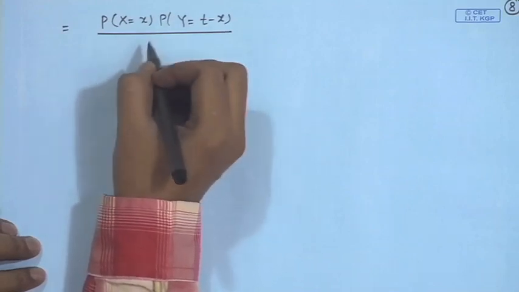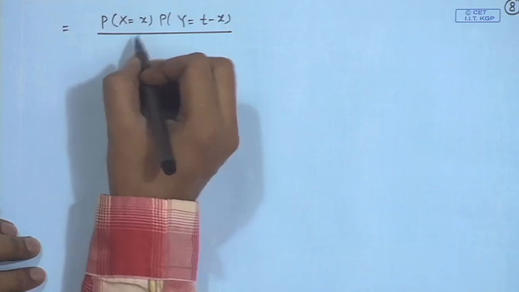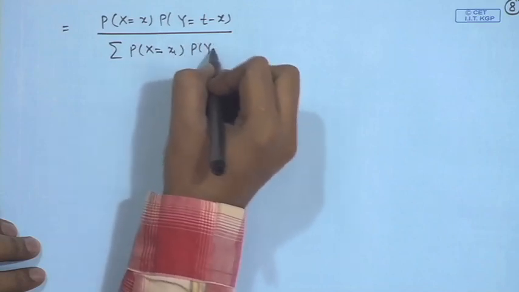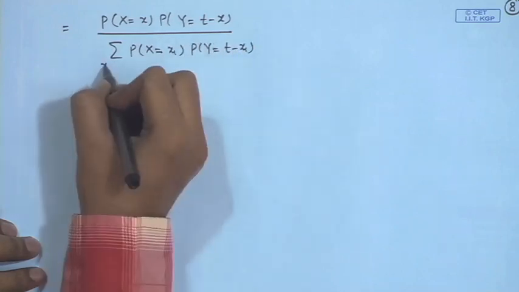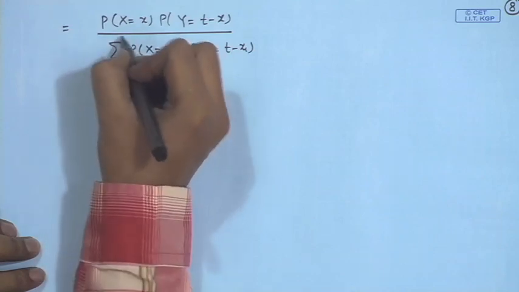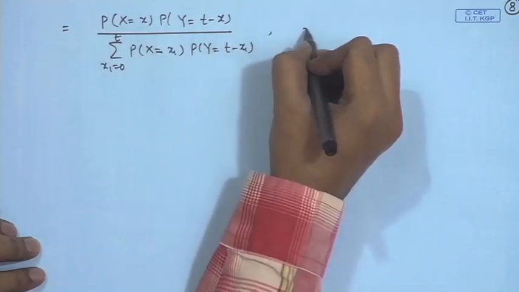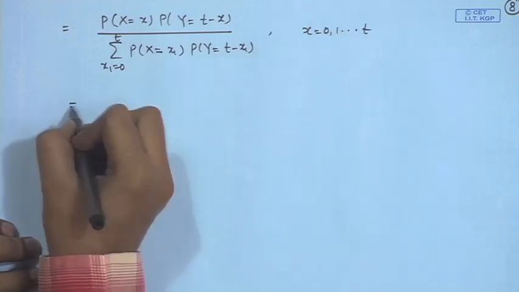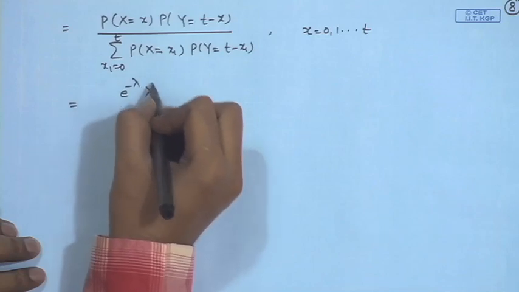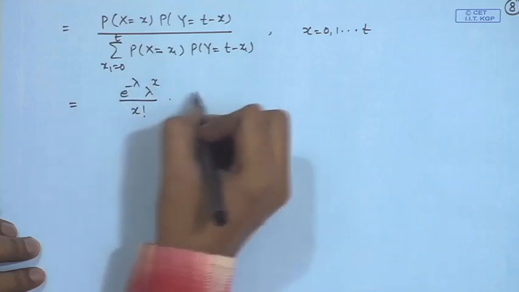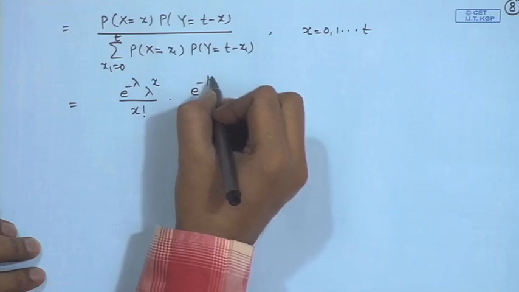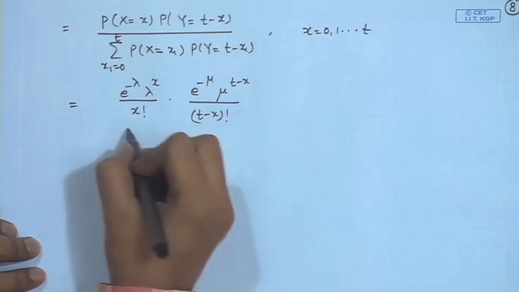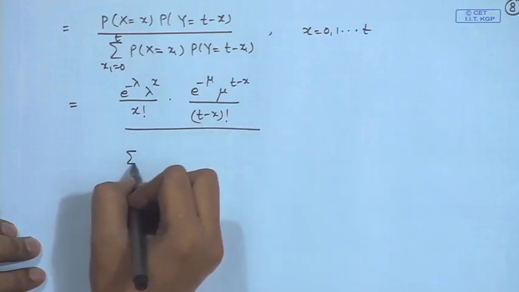and once again we can write down the full description, sigma probability of say x is equal to x1, probability y is equal to T minus x1, x1 is equal to 0 to T. So, here x can go from 0 to T only. So, this is e to the power minus lambda, lambda to the power x by x factorial, e to the power minus mu, mu to the power t minus x by t minus x factorial, this divided by sigma